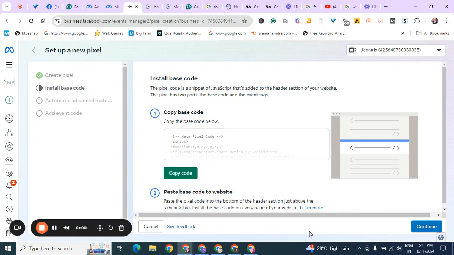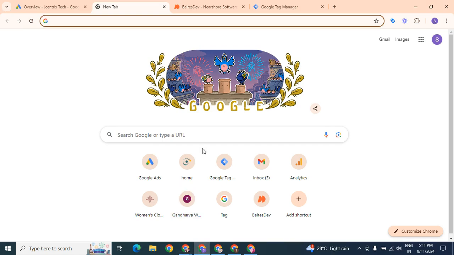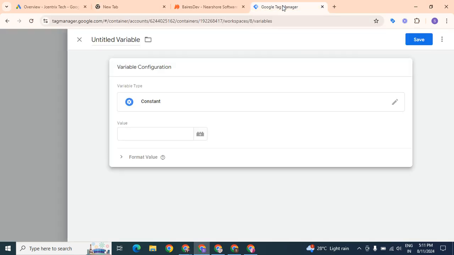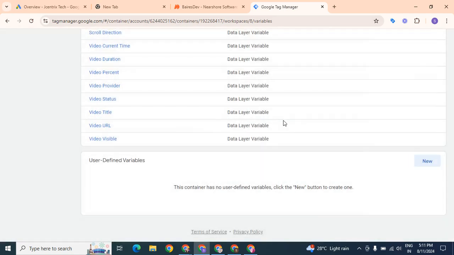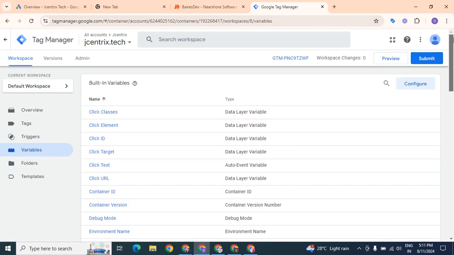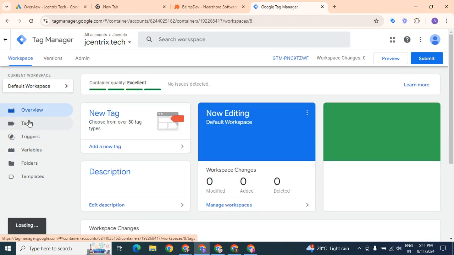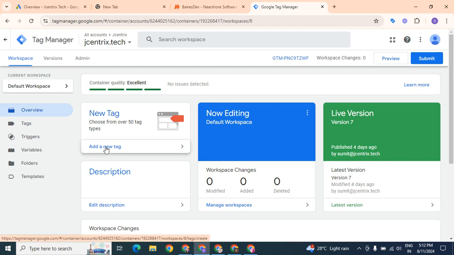We will now learn about how to apply Facebook pixel code via Google Tag Manager. Once you go to Tag Manager, let's go to New Tag,